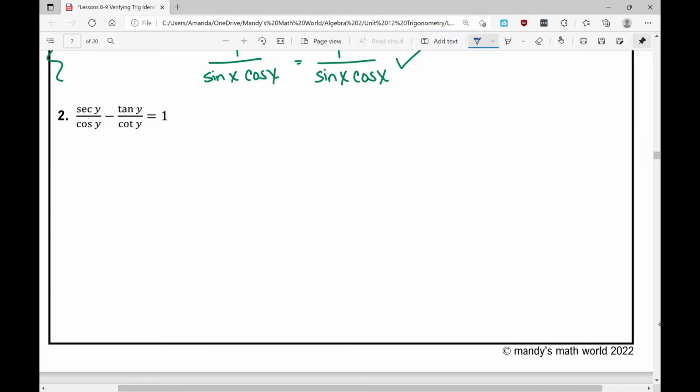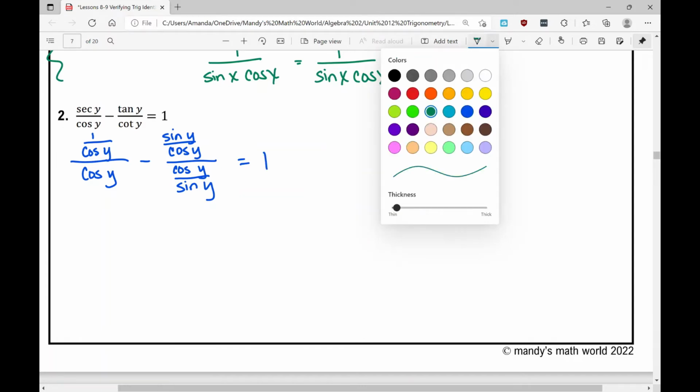So secant y, that's the reciprocal of cosine. So I'm going to write 1 over cosine y over cosine y minus tangent y over cotangent y. Well, tangent is sine over cosine. So I'm going to write that, sine over cosine. And then cotangent is cosine over sine. So divided by cosine over sine. We're saying that's equal to 1. And now we're dividing this. This is like a